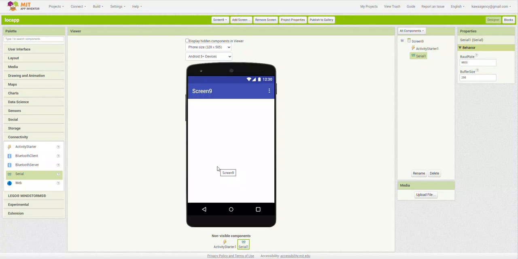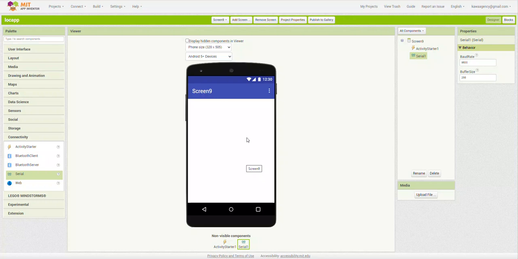Most times we can do our serial connection using USBs, that's universal serial bus, or Bluetooth serial ports, and it's a way our app can communicate directly with some interesting materials such as Arduino boards or other microcontrollers. And this can work in a wired format or even through wireless lines of communication